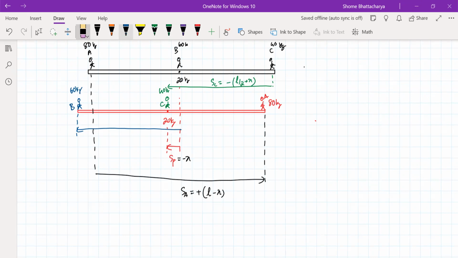B's displacement in the ground frame is again minus of L by 2 plus X. But this is all with the assumption that the plank is moving backwards by X. So if S_P is equal to minus X, this automatically implies that